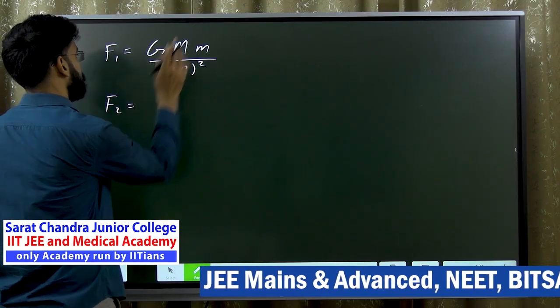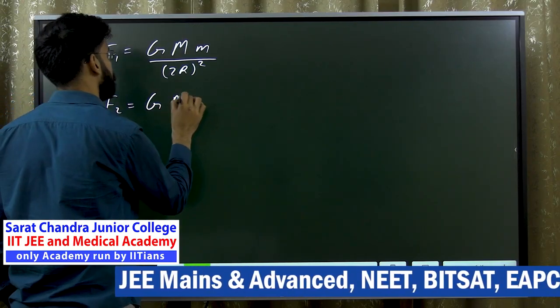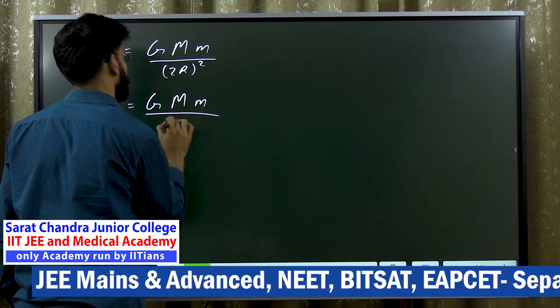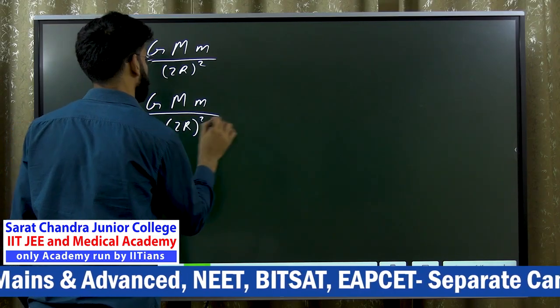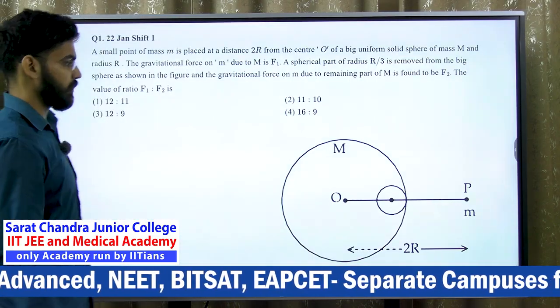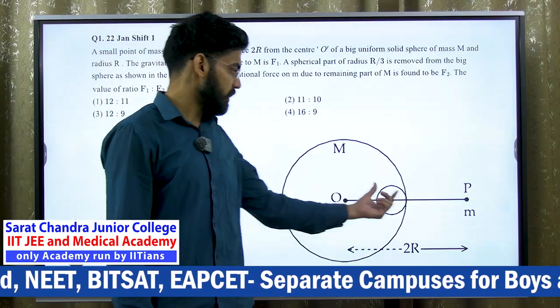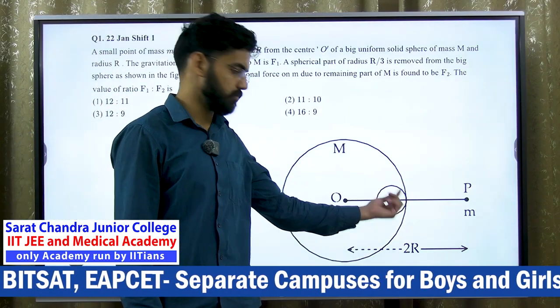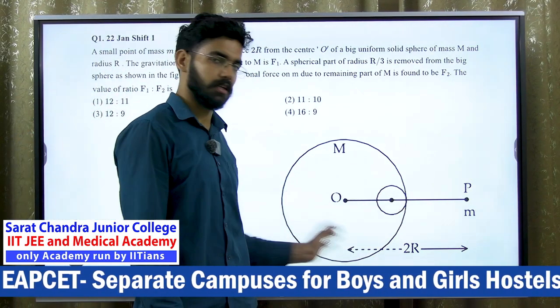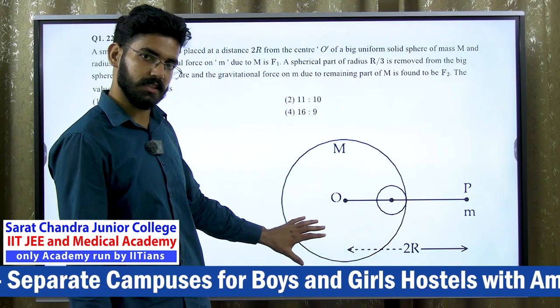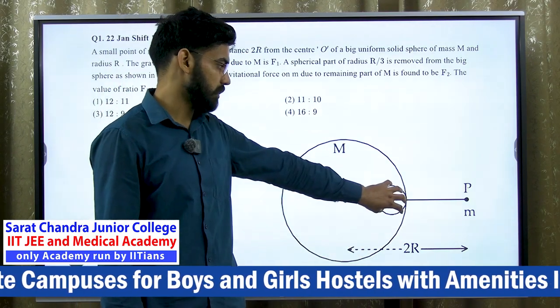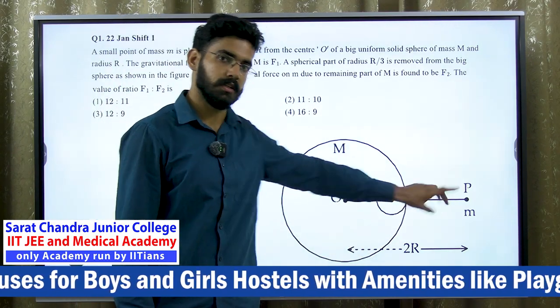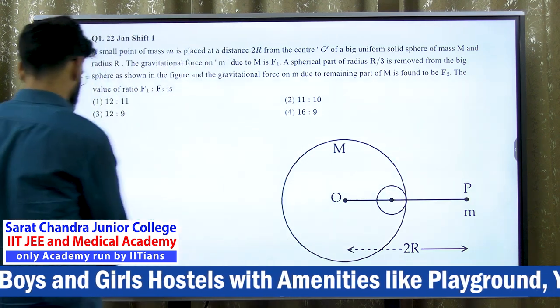F2 is basically the force which was originally by capital M, minus, if I subtract the gravitational pull by the mass which is removed from here, then I will get the remaining. So total was there. Then if I subtract the gravitational pull of this on this point, then I will get the remaining, right? So minus